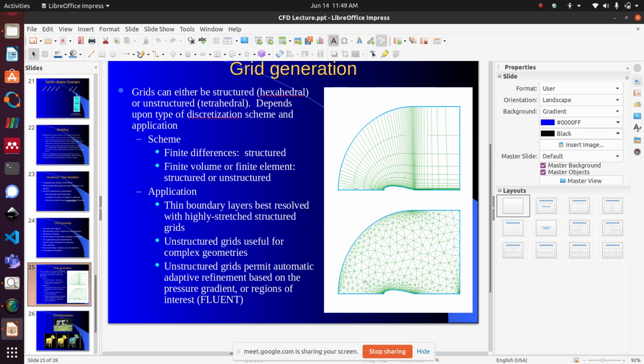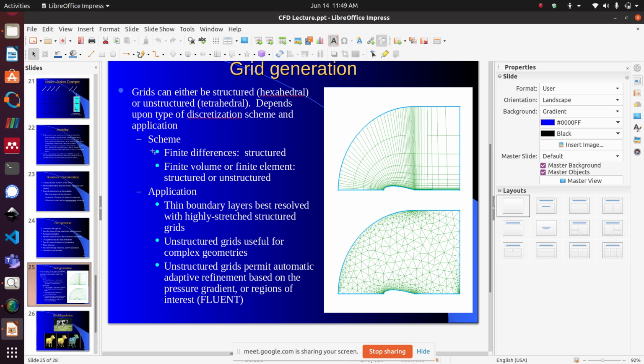So what is the grid generation part? If you have a flow physics within a domain, we come up with a grid, sometimes a structured grid, sometimes an unstructured grid. So we use different types of methods to convert a PDE into a system of algebraic equations. Finite difference method, finite volume method, finite element method, etc. are examples.